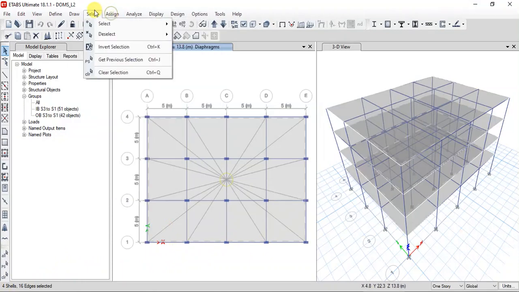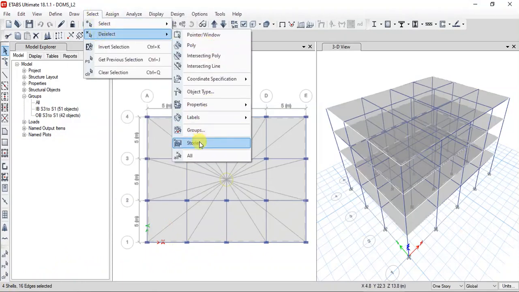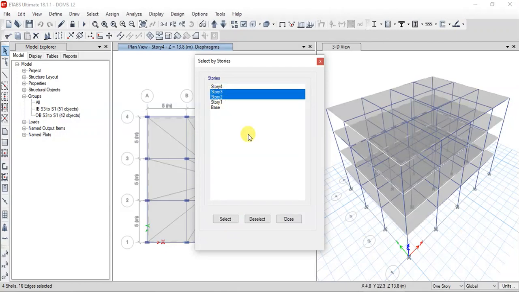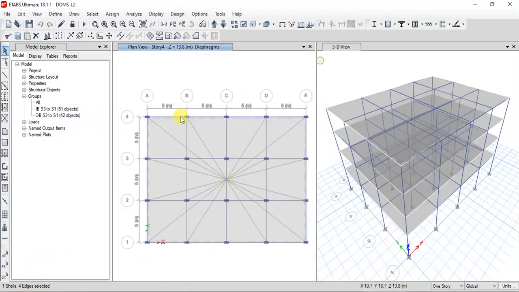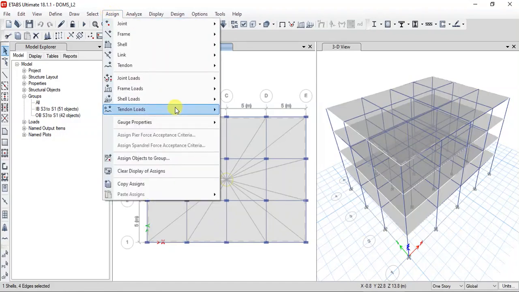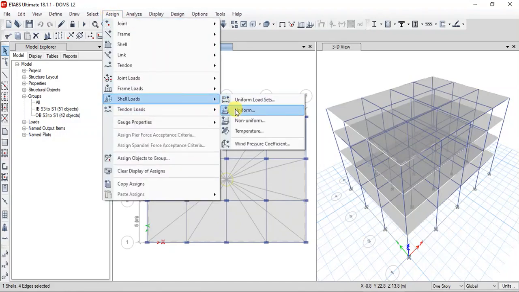Okay, go to deselect stories and deselect all the floors, by checking all this and just click deselect, so that we'll get only one shell remaining here instead of four. Now for this we need to assign the shell loads, that is uniform loads.